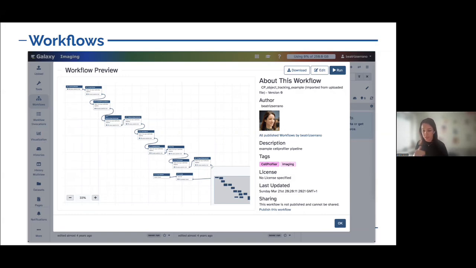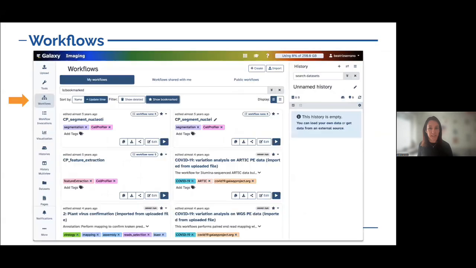So you can share only with one person. If, for example, you are collaborating with someone and you only want that person for now to look at the workflow, you share with them. And then the other option would be sharing with everybody. So let's say your workflow is now ready for production, everyone could use it, and you want to share it or put it next to your publication, then you can share with everybody. And we will see this now here.